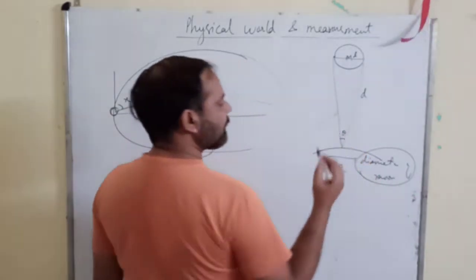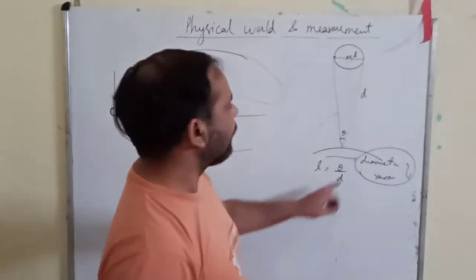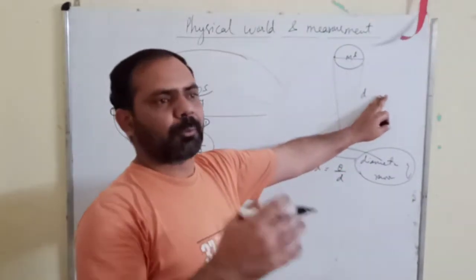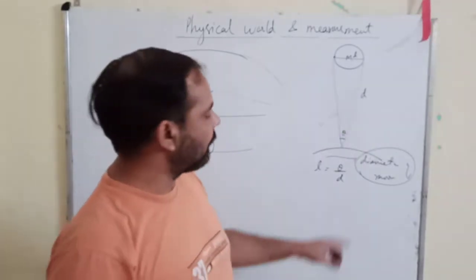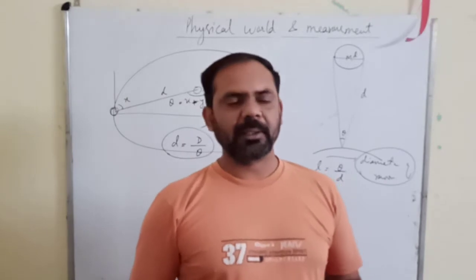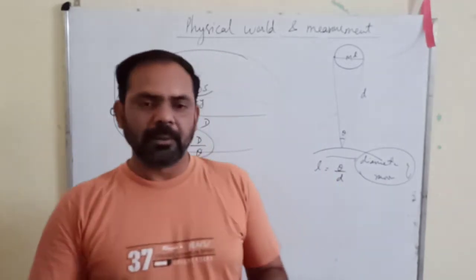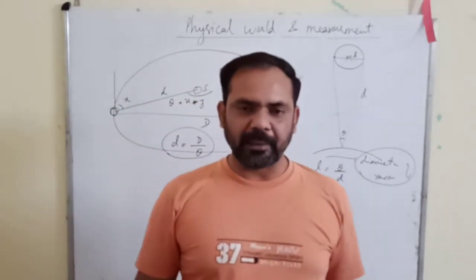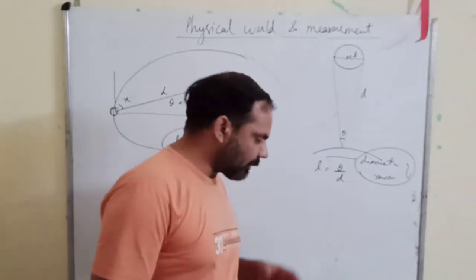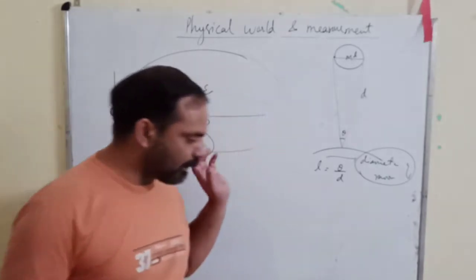Theta upon d. You measure the parallax angle on the surface of earth. You already know by the same parallax method what the distance of the moon from the earth is. Use this formula and you can find out the diameter of the moon. By this method, we have roughly found the diameters of all the nearby planets, all the planets of our solar system. If you have any problem in this parallax method, you can ask me now.